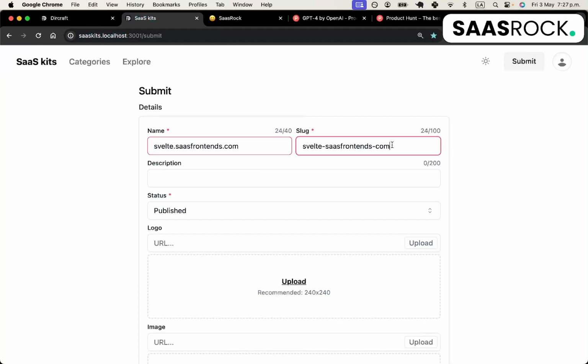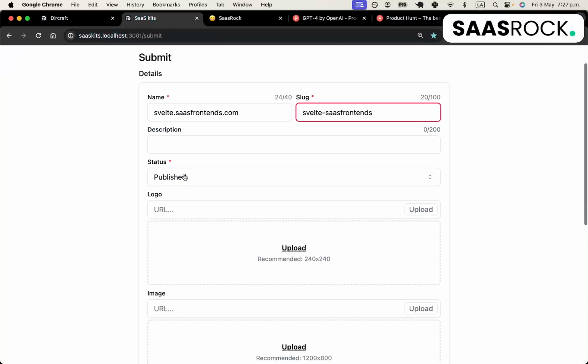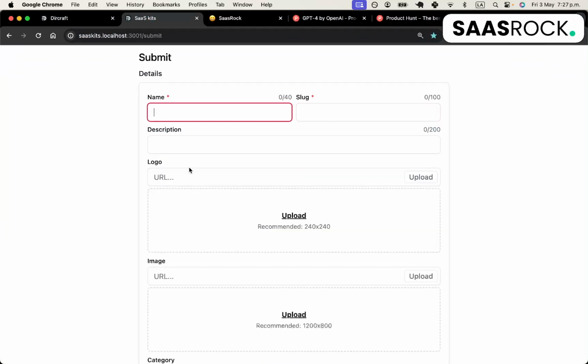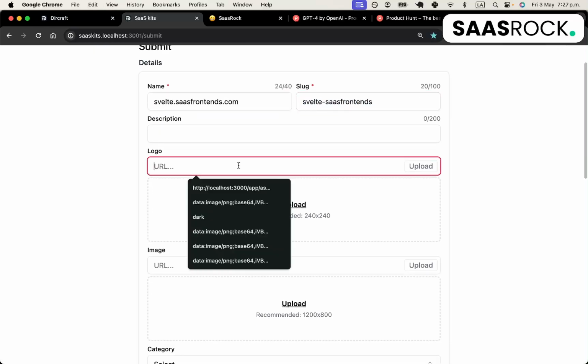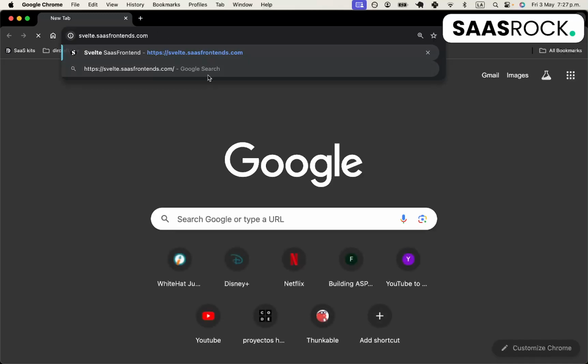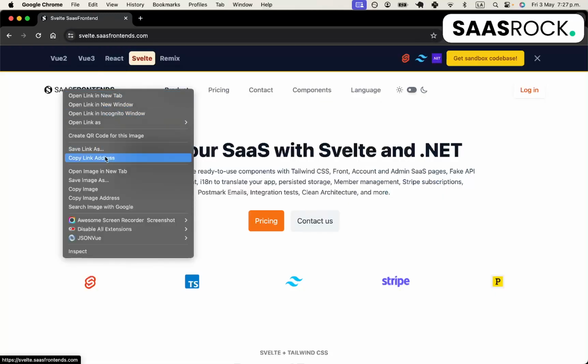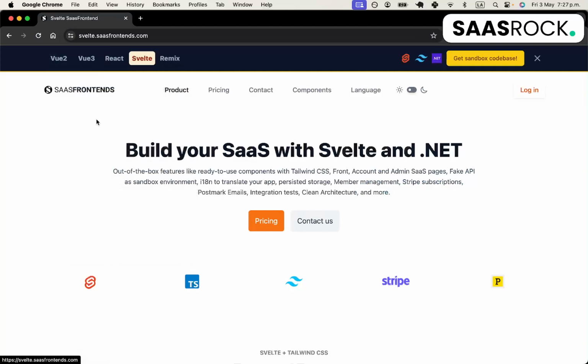And svelte SaaS frontends. Why don't we have the, yeah, I needed to refresh to get the changes without the .com. And the logo, well, I can put